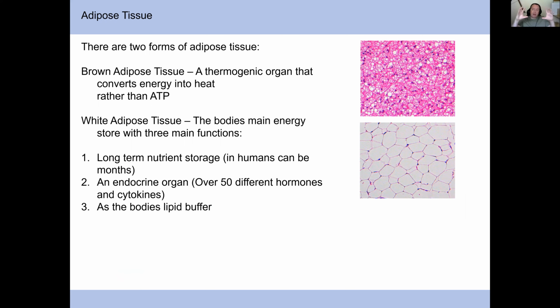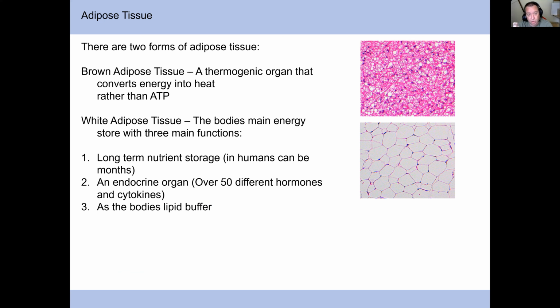So at the heart of understanding metabolic flexibility for us is adipose tissue. And there are two forms of it. One of them is called brown adipose tissue. I'm not going to talk about it today. It's a thermogenic organ that converts energy to heat. The other form is white adipose tissue, and this is the body's main energy store, and it has three main